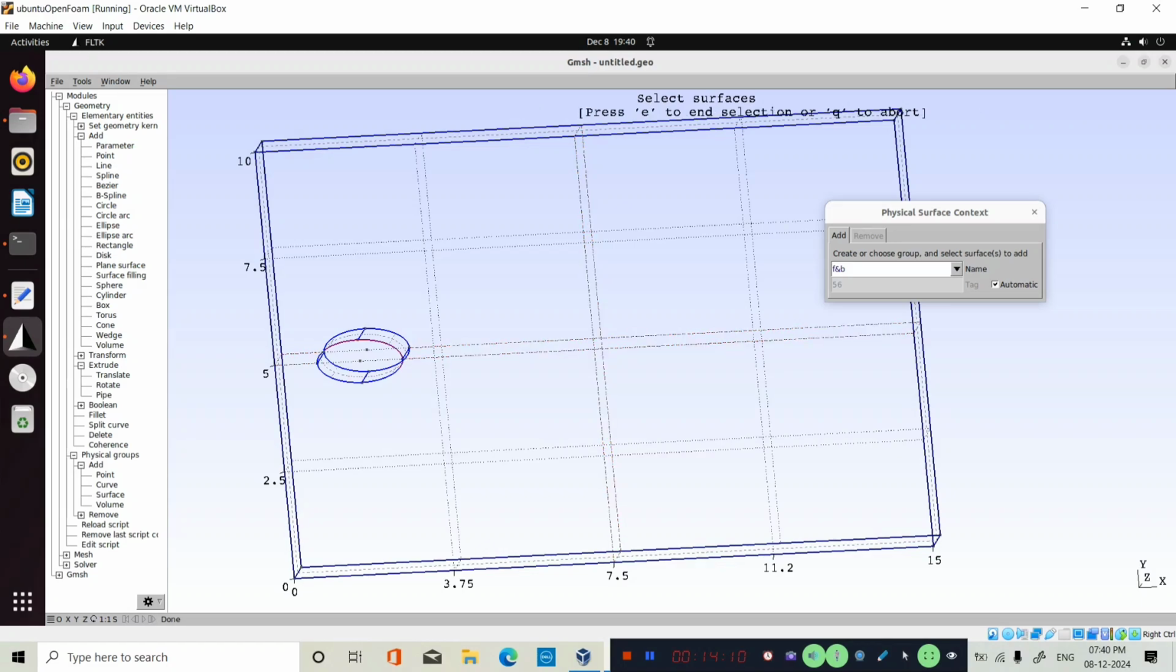After the surface selection part, we have to go for the volume. We have to select the volume also. So double click on the volume, and after that you can give the name, like flow. Then select the midpoint, selecting the volume of this thing, and just select E, and after that that has been selected, and you can cut this one, and then you can go for